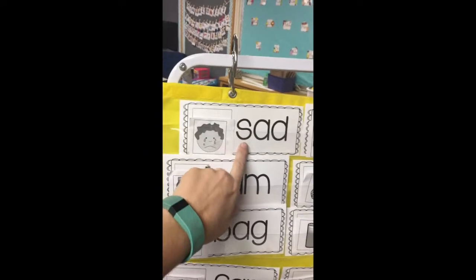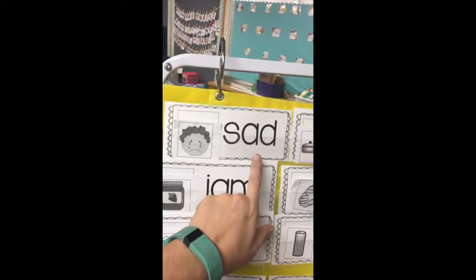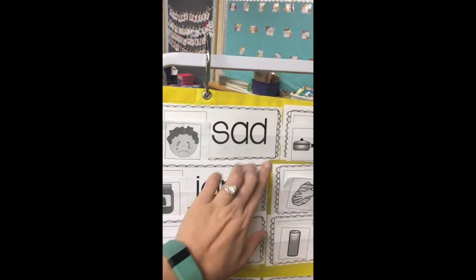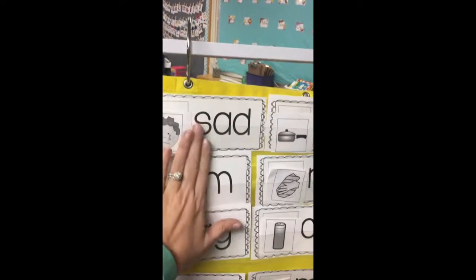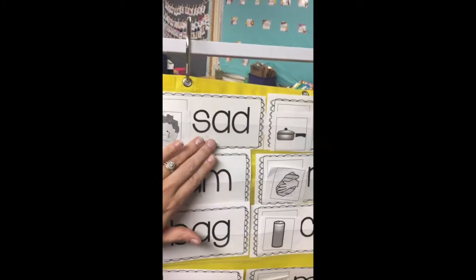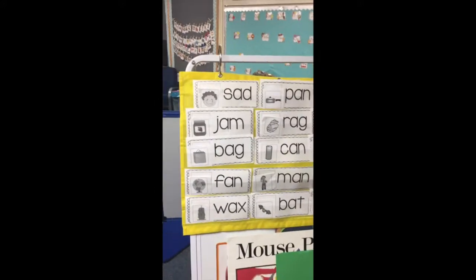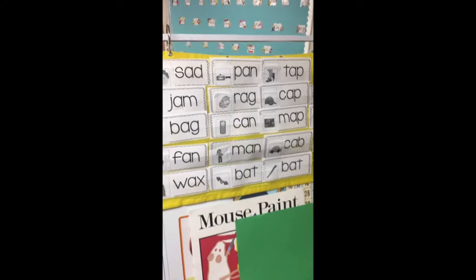So we turned over a card at a time, and I revealed a sound at a time. So they would say S, and then I would reveal the ad, and then we talked about how we can say the ad together, and we can add the beginning sound to the ad to help us, since we knew it's a word family, we knew that we could say the ad and the at together. And then we found the picture, and they got the hang of that pretty quick,